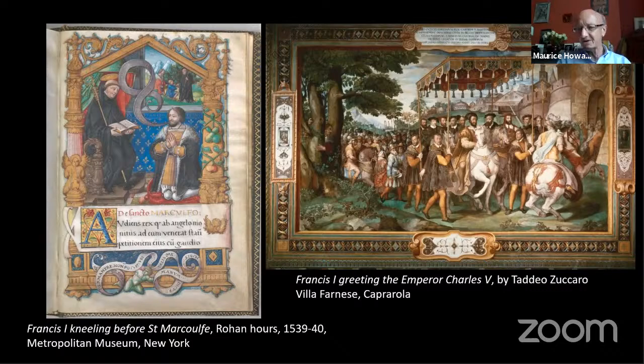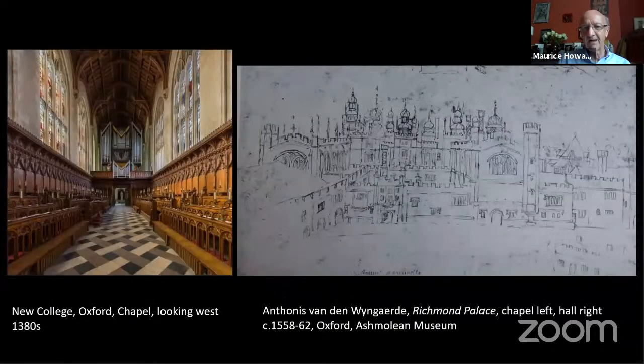So what were the major characteristics of the chapel at the English court? How new was it? In terms of shape and size, many scholars have pointed to the building of New College Chapel in Oxford from the 1380s. This replicates, to some extent in size, but also in shape and arrangement, the later royal chapels. That's to say, it's a single space with no nave, but it has, crucially, a crossing area